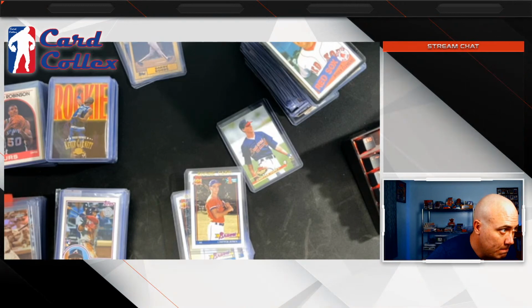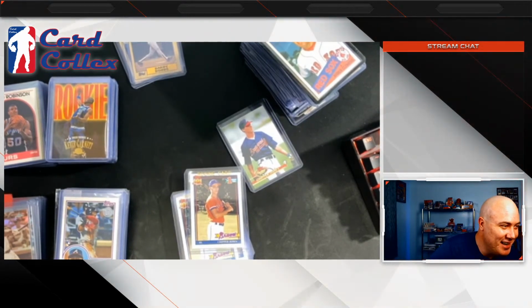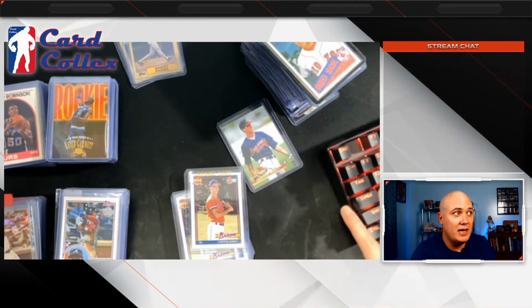Where was I? Basketball? Modern basketball? Brandon Ingram. Who else did I see? Keldon Johnson has taken off this year. He's done pretty well at the beginning of the year. It's surprising.